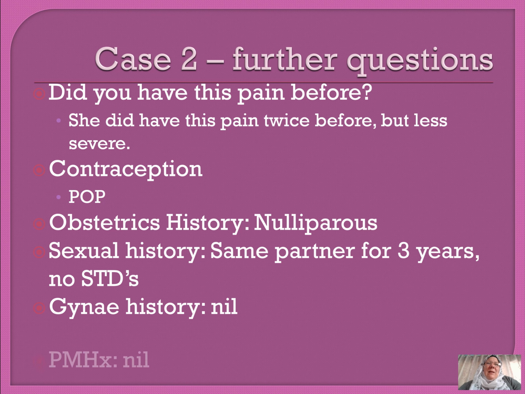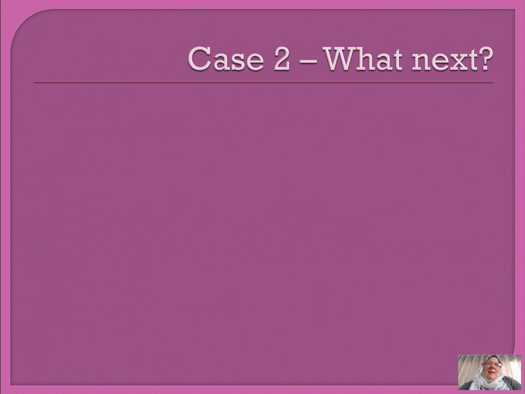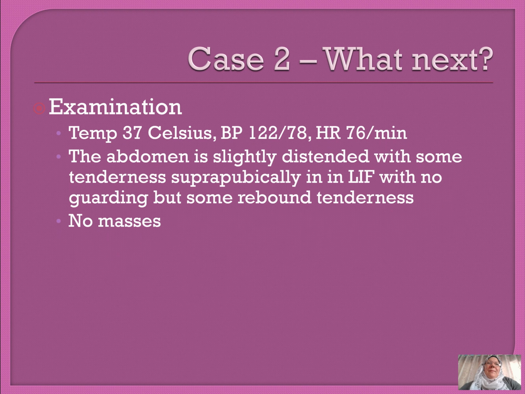No gynae history and no past medical history either. So what do you do next? That's right, you want to do an examination. The results of the examination are that the temperature is 37 Celsius, her blood pressure